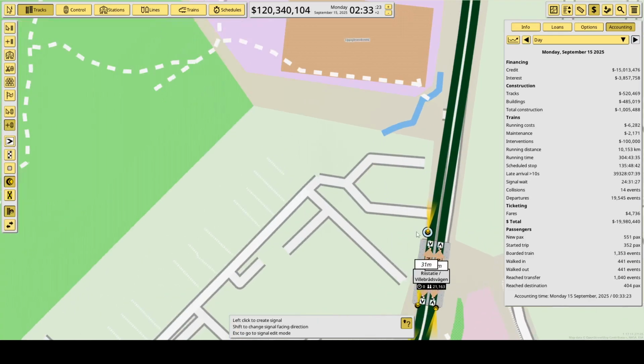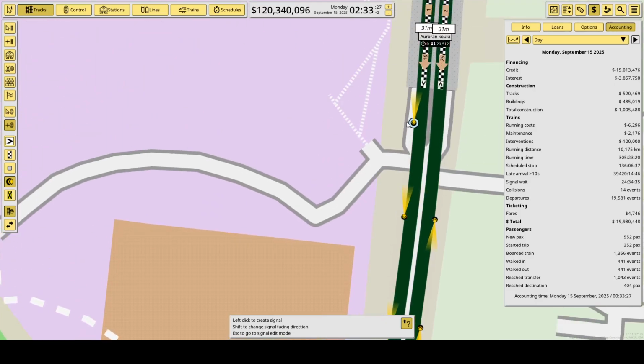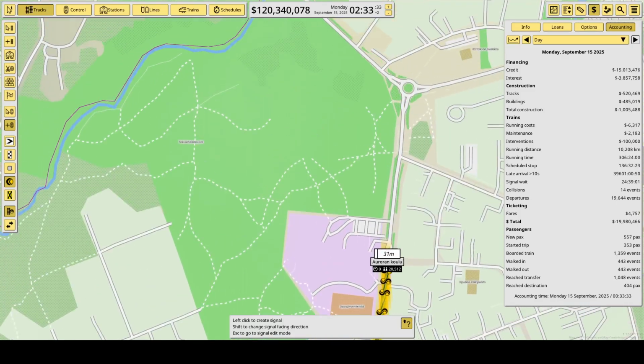There we go. After Auroran koulu, we will then stop at the Tammihaantie, Ekhagsvägen,